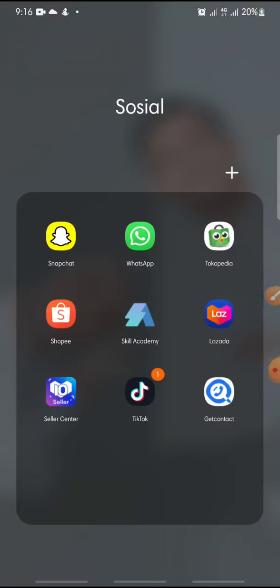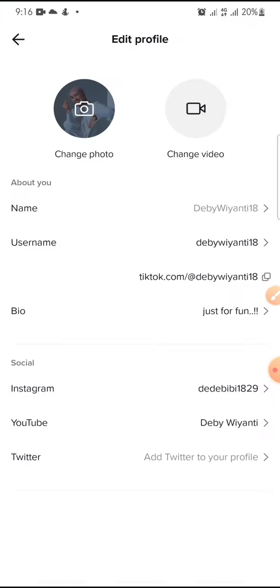In this video, I'm going to show you how to change photo profile on TikTok account. Now let's get started. First, open your TikTok account,